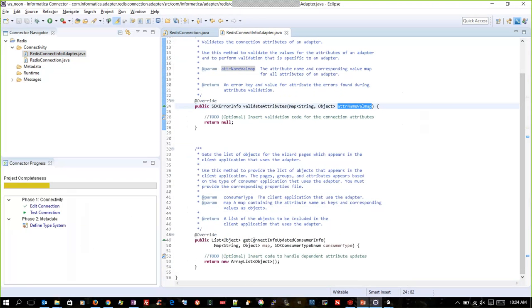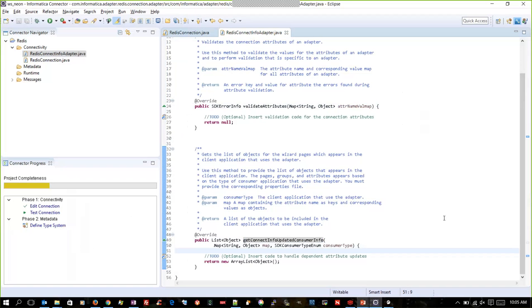Another API is the update consumer input. This is what I was talking about, the dependent field. So in this example, if user enables or disables or checks or unchecks the has required password field, then the call gets here, this particular API. Here you can manage that password field needs to be shown or not, or enabled or disabled, that you can do. So you can refer a sample implementation for this in sample connector what we provide along with